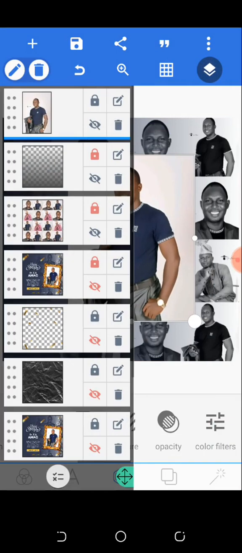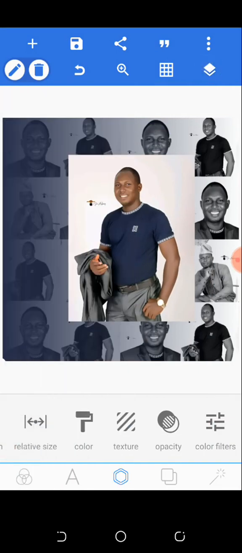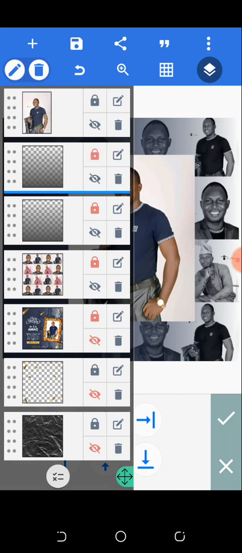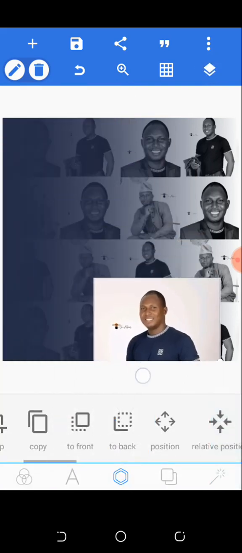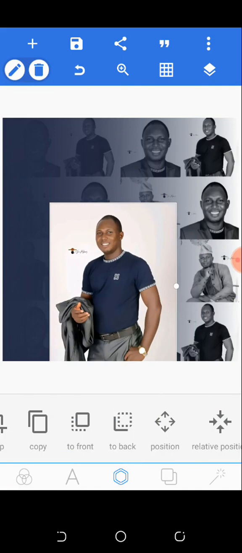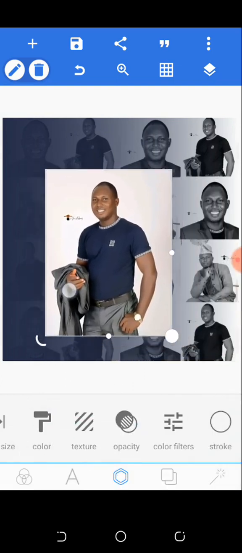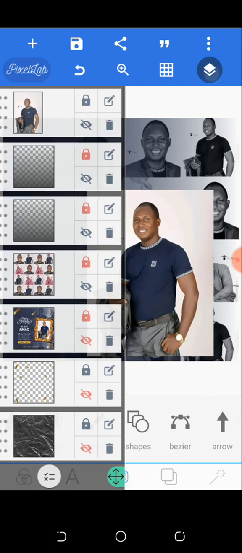Okay. Now copy. Also just make sure it's at center. Then I'll bring it here and I'll lock it. So I'm looking at this one. I'll reduce it. Okay. So the next thing is this, we'll